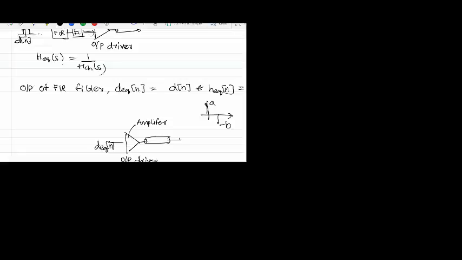So the question is this: do we need to have RT equal to 50 ohms? Because if I want a larger swing, I need to basically burn more power. But can we do away with RT being something different from 50 ohm, maybe let's say 1K or something? And the answer to that question is no. Because all the channels which you are using, whether for legacy reasons or some other reason, have a characteristic impedance of 50 ohms. If you do not have this impedance of 50 ohms, then you will see reflections, which will degrade the